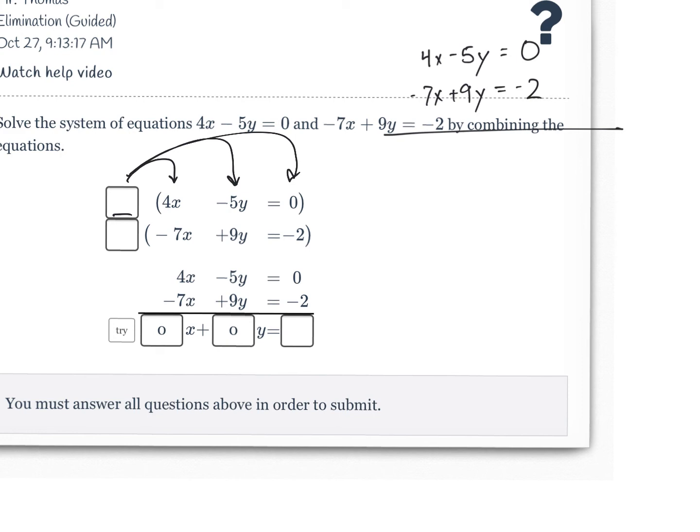Here's what I'm going to do. I'm going to multiply the first equation by 7, and the second one by 4. And if I distribute the 7 to each term, this is what the first equation looks like now. If I multiply 4,